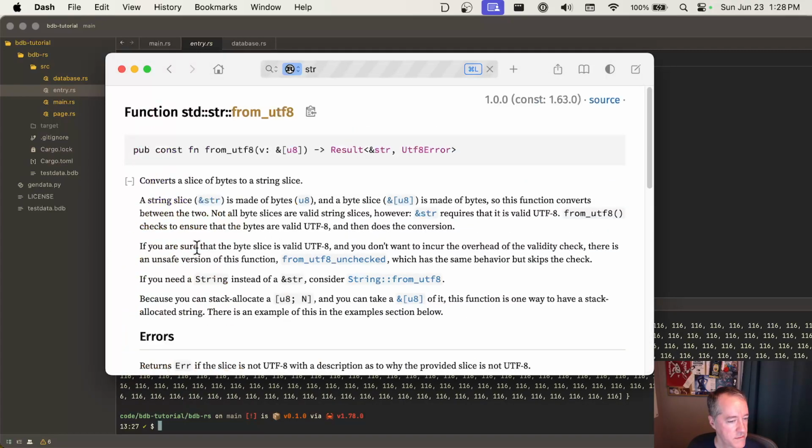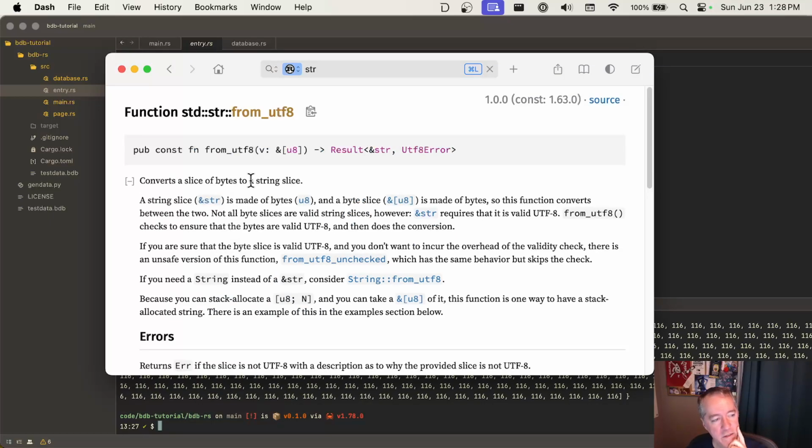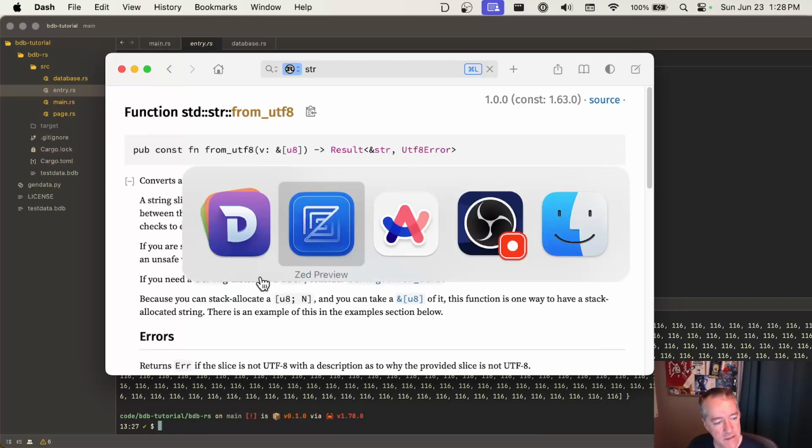Okay, so there's from UTF-8. This returns a result. Yeah, okay. So if it's not UTF-8, one thing we could do, because in their example,